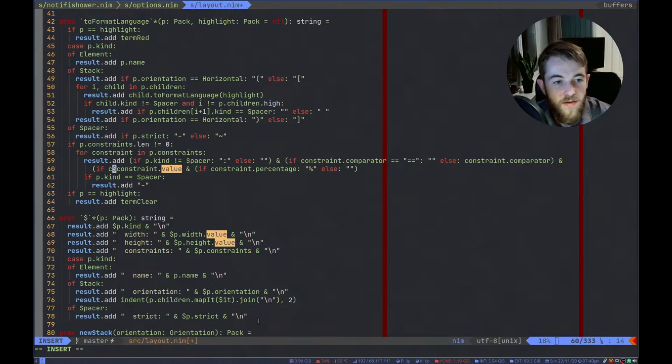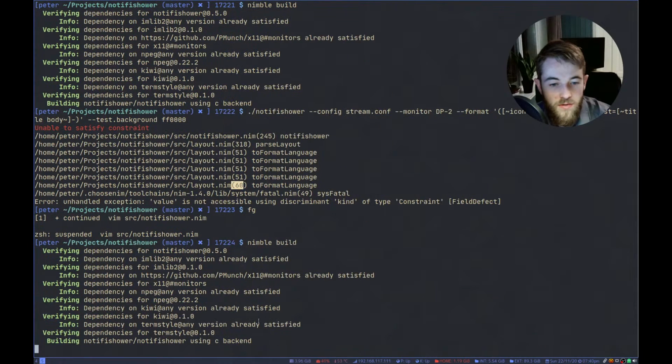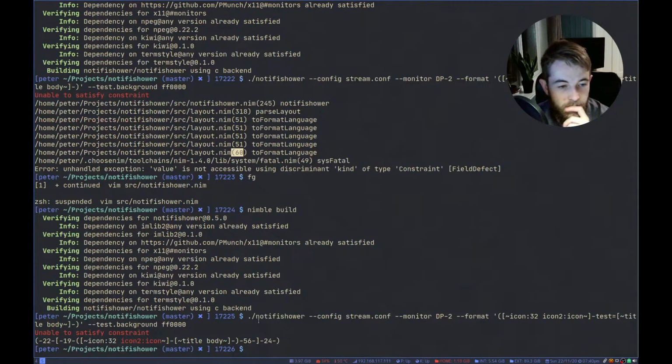So let's, if constraint.kind is equal to value, then do this. Otherwise, grab the constraint.element. Just add a little ternary in there. Run this. Aha. Unable to satisfy constraint icon to icon.